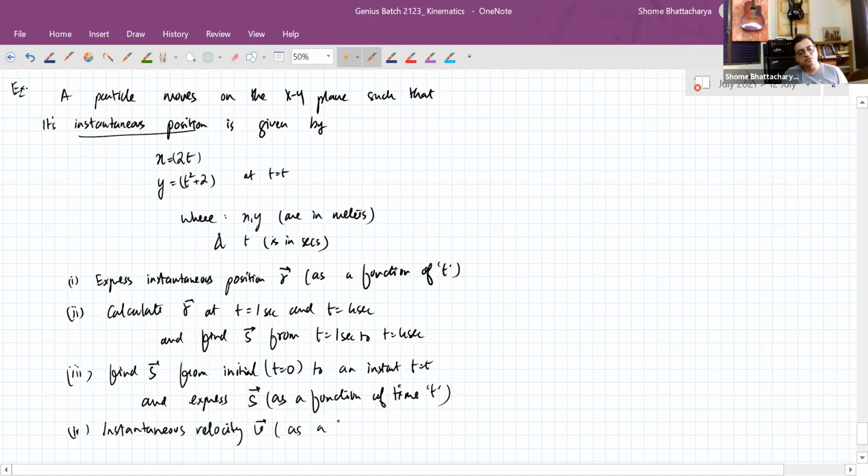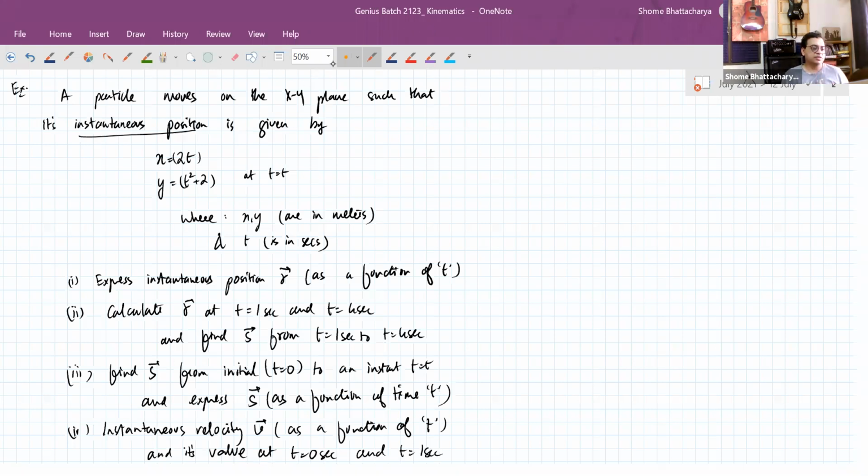...again as a function of time. And its value at t equal to 0 seconds and t equal to 1 second. So let's try this out. Okay. Very simple question. You have to just put together the concepts of